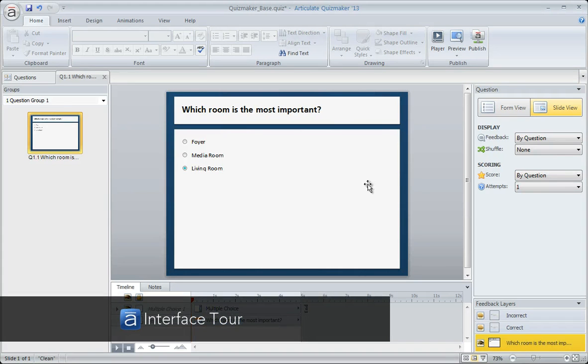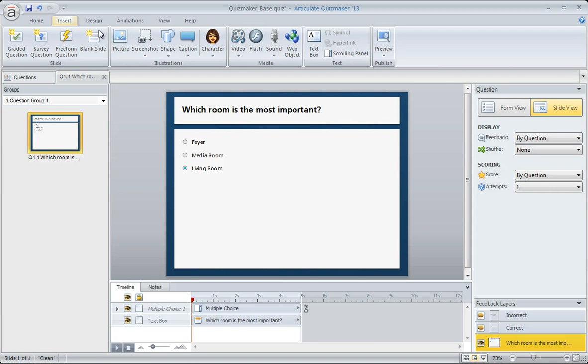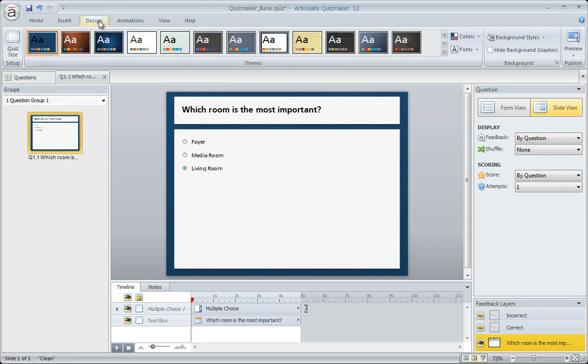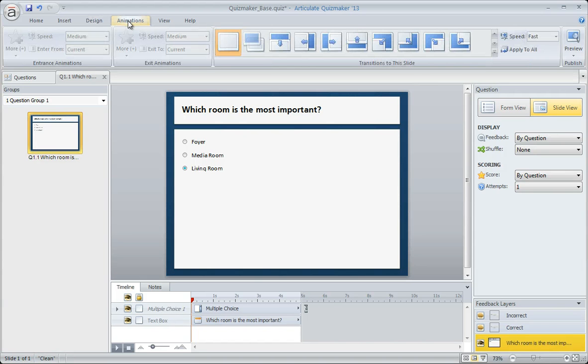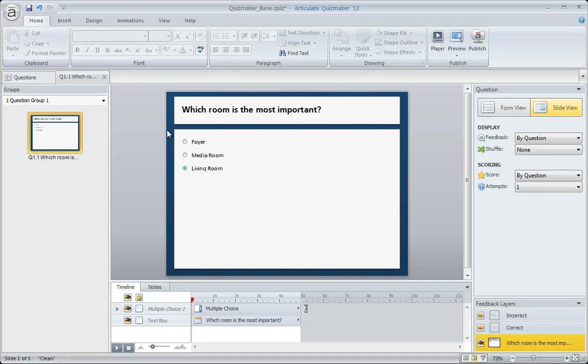So here in slide view, let's take a quick tour. Up here along the top, we've got some insert tabs, which give us a full assortment of items that we can add to the screen. We can add text objects, video, captions, shapes, pictures. We can alter the design right here with some built-in theme templates, and we can also animate objects on the screen as well. Speaking of which, if we come down and draw your attention to the bottom of slide view,